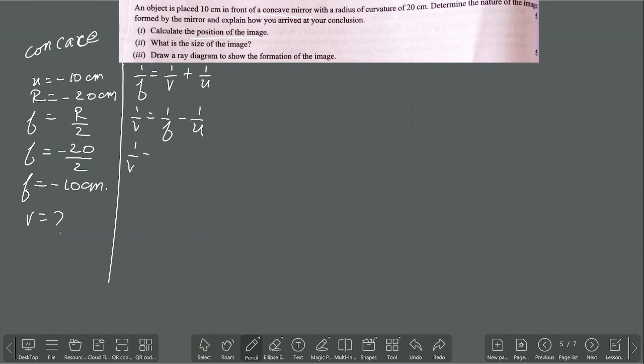1 by V is equal to 1 by F, what is the value of F here? Minus 10. Minus 1 by U, what is the value of U? Minus 10. So 1 by V is equal to, here plus will be there, plus by minus, minus 1 by 10, minus by minus, plus 1 by 10. Now do the cross multiplication. 1 by V is equal to minus 10 plus 10